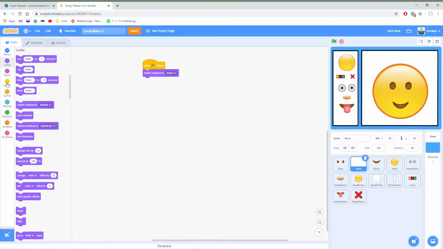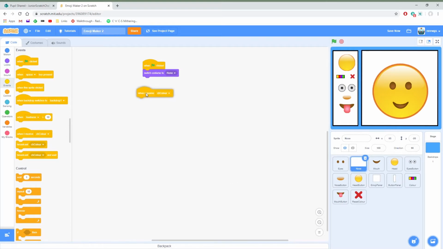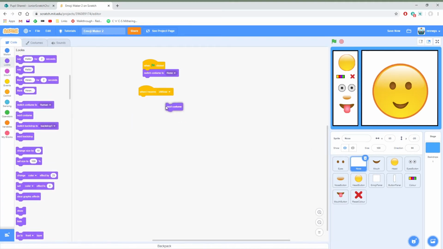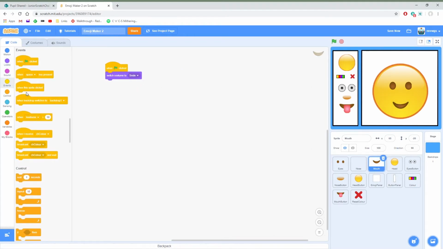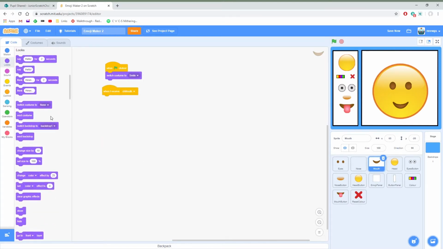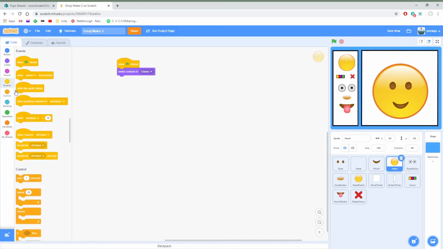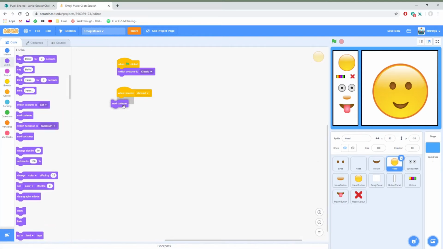For the nose, exactly the same. When I receive change nose, go to the next costume. For the mouth, exactly the same. When I receive change mouth, next costume. And finally for the head, I'm going to say when I receive change head, go to the next costume. And now if I run this, you'll see already